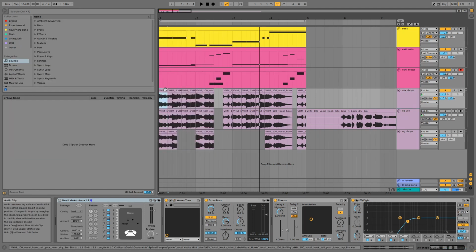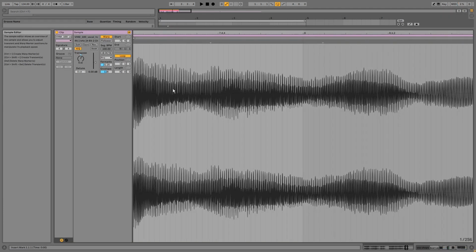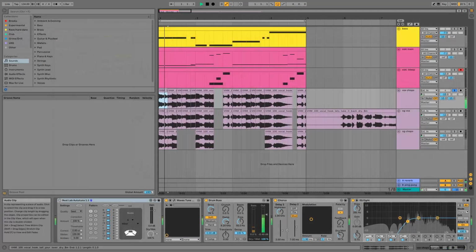Here we can see that I've repitched the vocal chops by varying different semitone values, and in a lot of cases these same chops are repeated. These 2, for example. And these 2 as well.